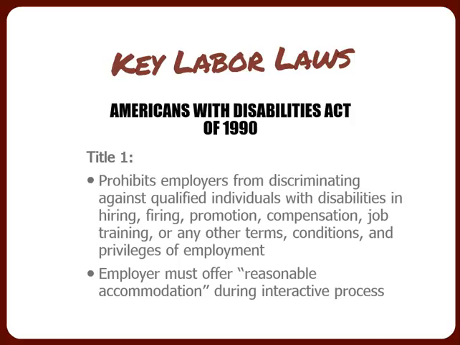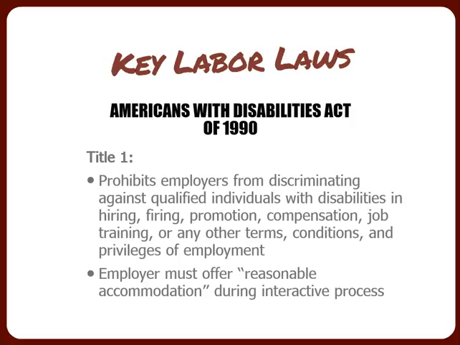So what is the interactive process, and what does it mean by reasonable accommodation? Well, the interactive process is nothing more than when the employer and the employee begin discussing how they can provide reasonable accommodation for the disabled person and how they can do their job. For example, an employee that becomes wheelchair bound and can no longer fit the wheelchair under their desk. How could this be fixed through reasonable accommodation? Well, it could be something as simple as raising the desk up, or it could also mean purchasing a new